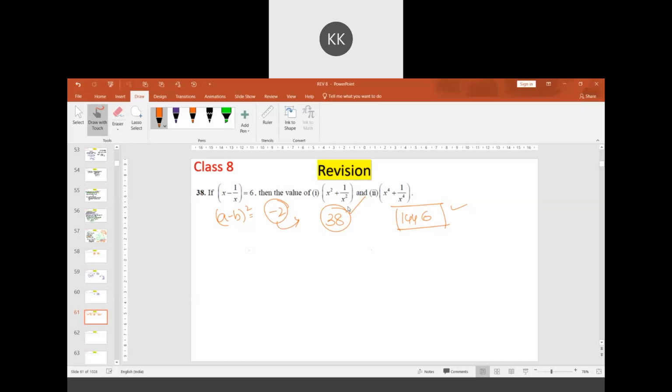Same way we are squaring 38, but we have to do minus 2 now. 1444 minus 2 is 1442. Correction: when we square this, we will be having plus 2, so we are subtracting 2. Minus 2 is done here. From 1444, 2 is taken out. The result is 1442.